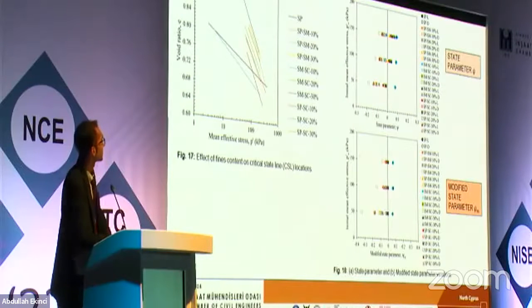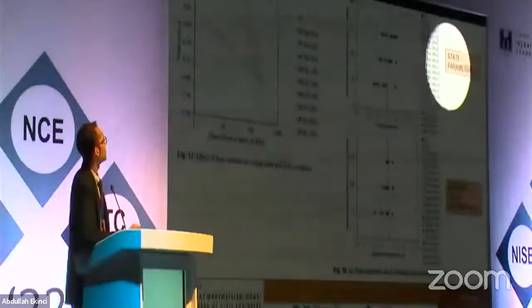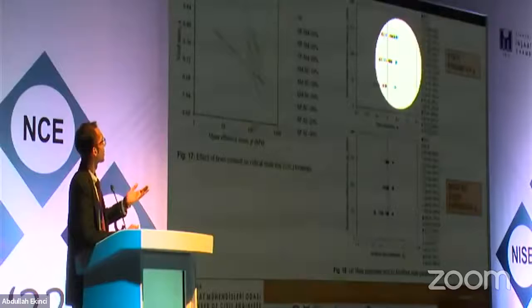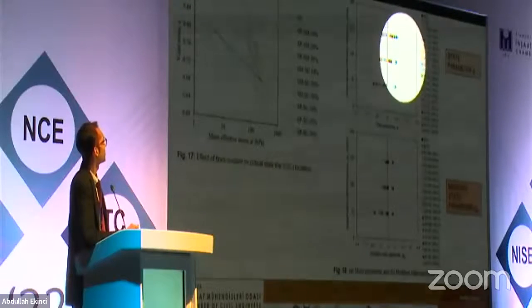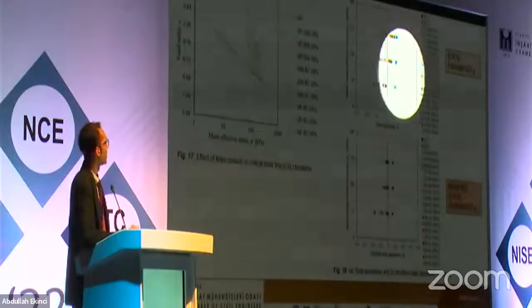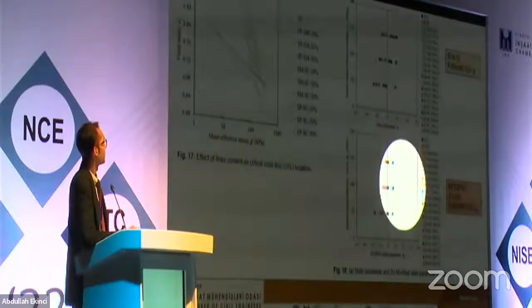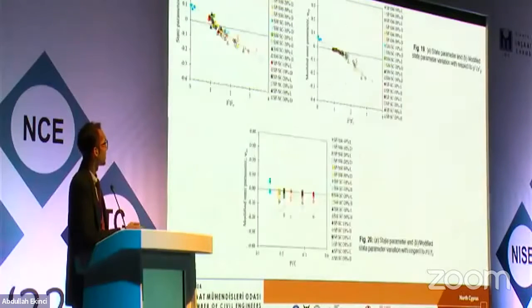And when it comes to the state parameter evaluation, as you can see, when we use the Lee and Jeffries equation, it shows quite significant values when compared to the initial mean effective stress and the stress ratios, whereas the values are quite reduced when the modified state parameter equation was used. So in this case, the stress state or stress ratios, as mentioned by Klotz and Coop, should be considered